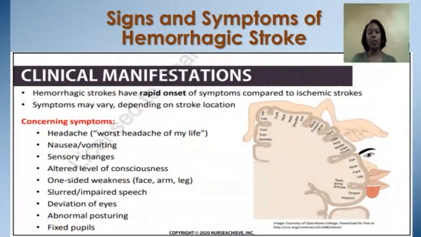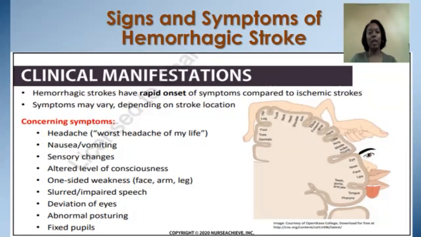So I do want to emphasize that a hemorrhagic stroke has a rapid onset, and this is important to know because we must identify whether the patient entering the acute care setting has a hemorrhagic stroke or an ischemic stroke, and we must identify that immediately. It determines the treatment for this patient. Some key signs are it is a rapid onset versus ischemic is a gradual onset, as well as